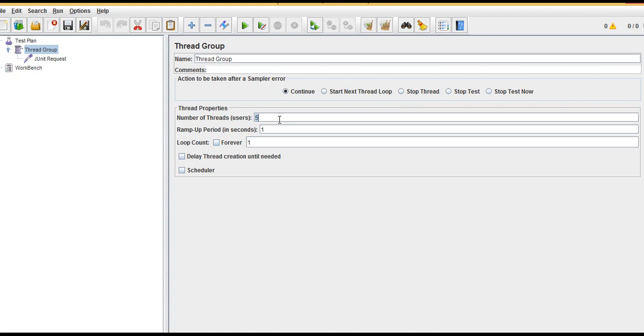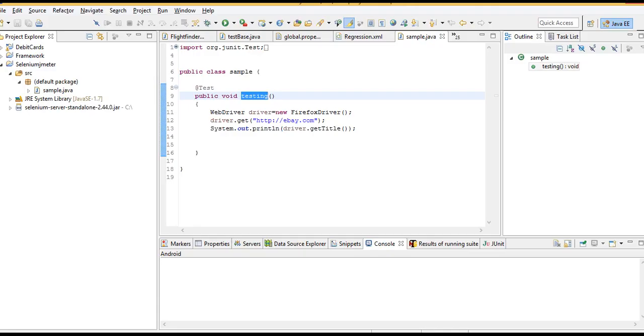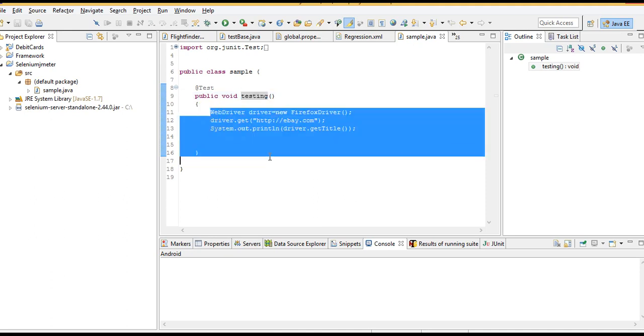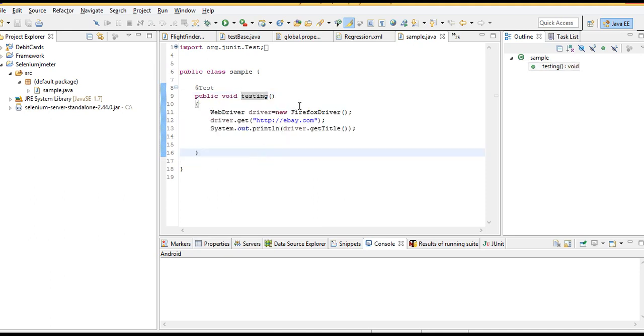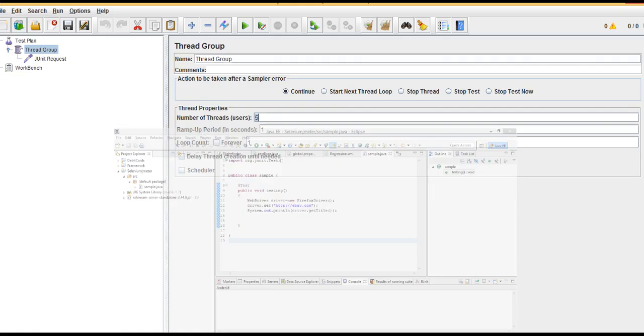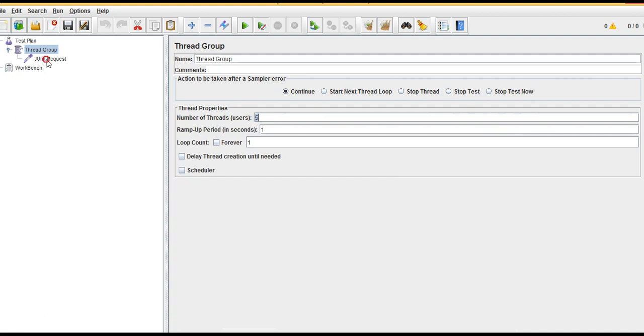It will bring your performance down and you will not get actual performance metrics. But there is a headless browser concept in Selenium, with which you can run Selenium code without opening a browser. That is HTML unit driver. With the HTML unit driver, you can run the code without opening a browser. I'll talk about that too, but let me first run with 5 users, so that 5 browsers